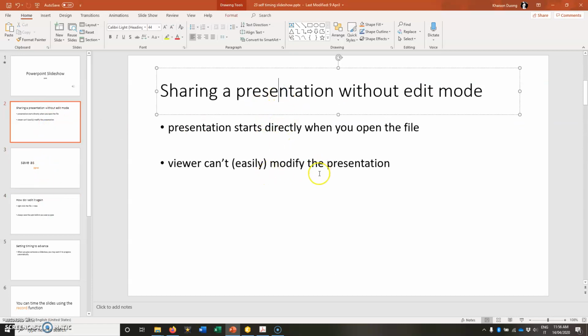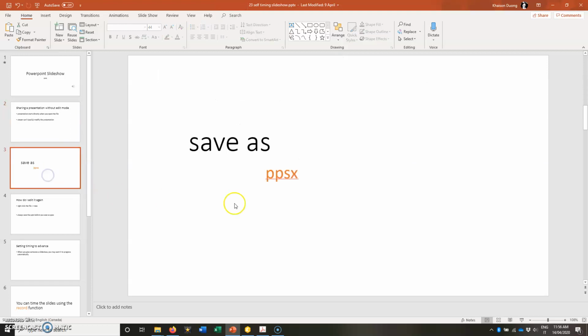The way you make a self-playing one, so that when they double click on the file it just starts playing, is you have to save it in a format called PPS. S means slideshow, I believe. How you get to that is, first of all, I suggest always saving first as PPT. That way you can always go back and edit. After you have a copy in PPT, then go to